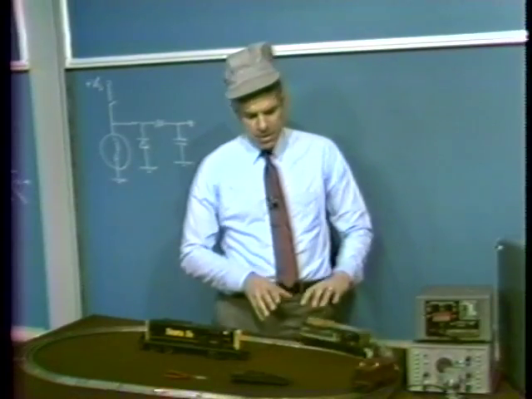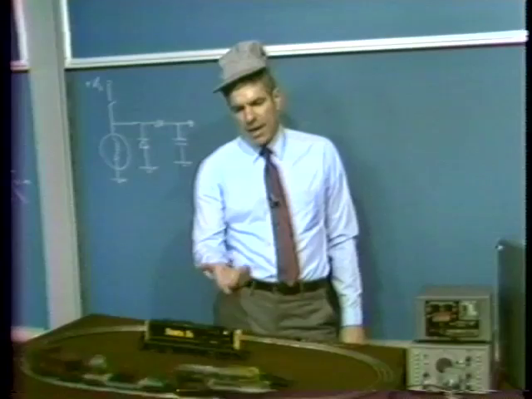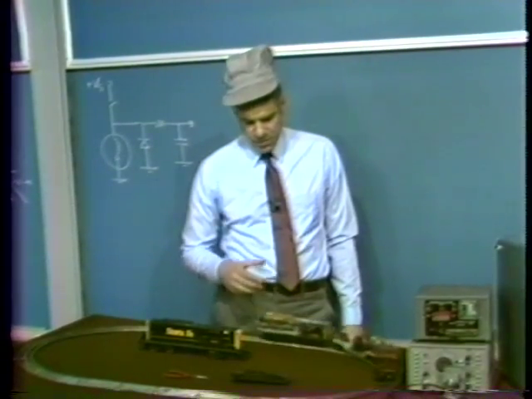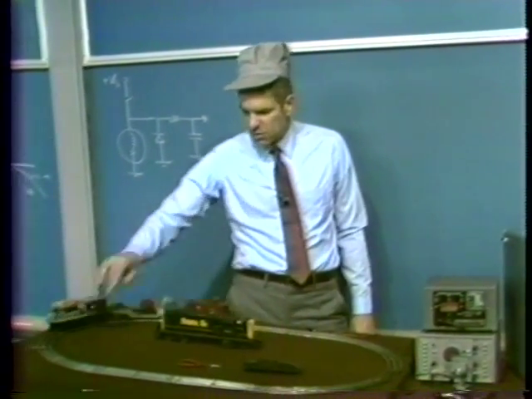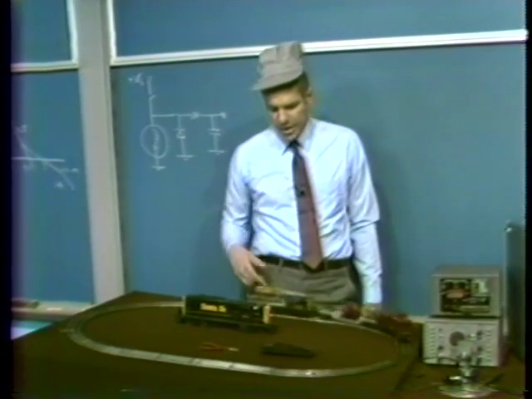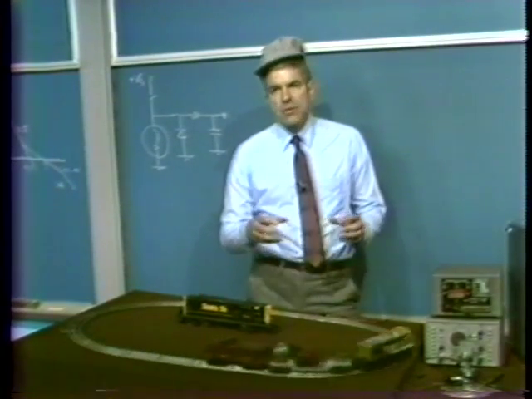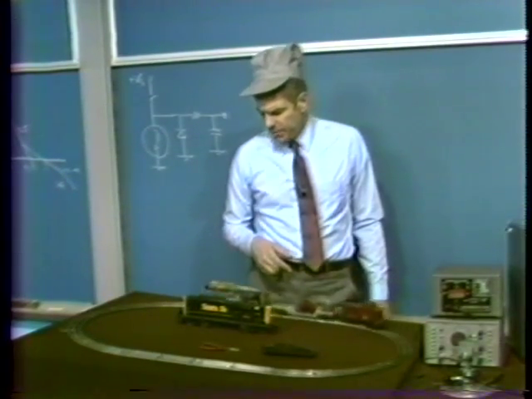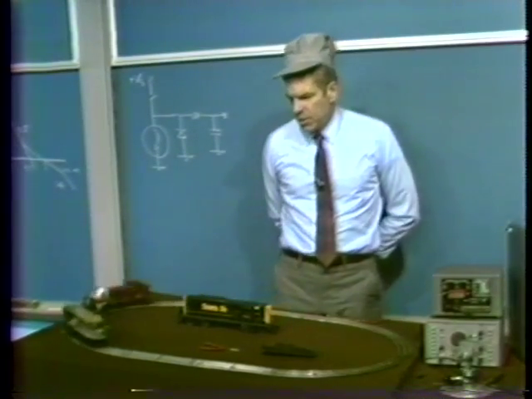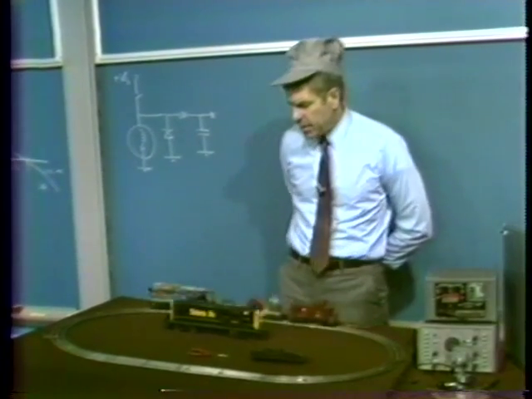I would like to be able to get the cover on the engine. The underside is pretty much taken up with wheels, and I have a little weight in addition just to give the engine a little bit of weight. This block that you see running by, between the 2 sets of wheels, is just a little brass weight. But I really don't have room for a heat sink and still be able to cover the engine with a shell. One solution to that sort of thing is to use a switching amplifier, and the technique that I use